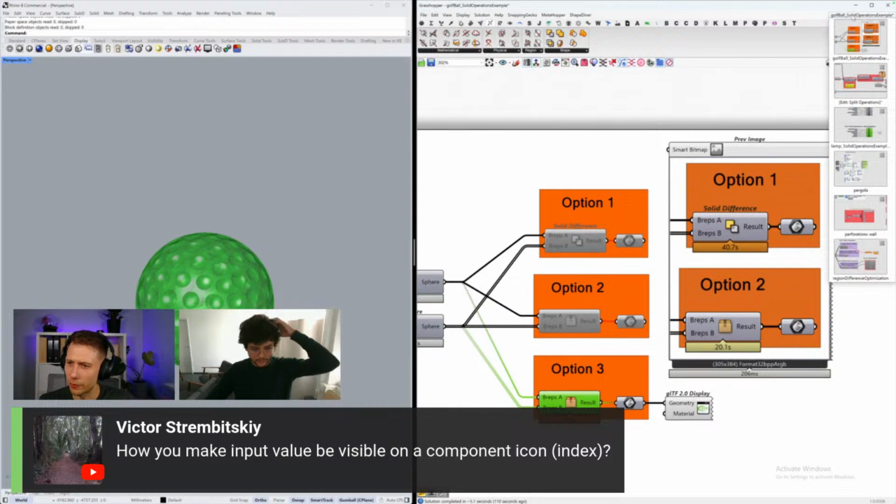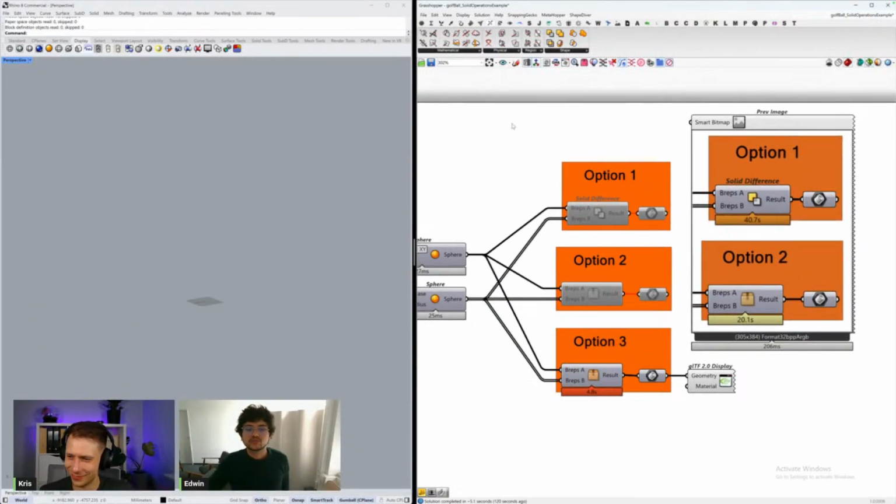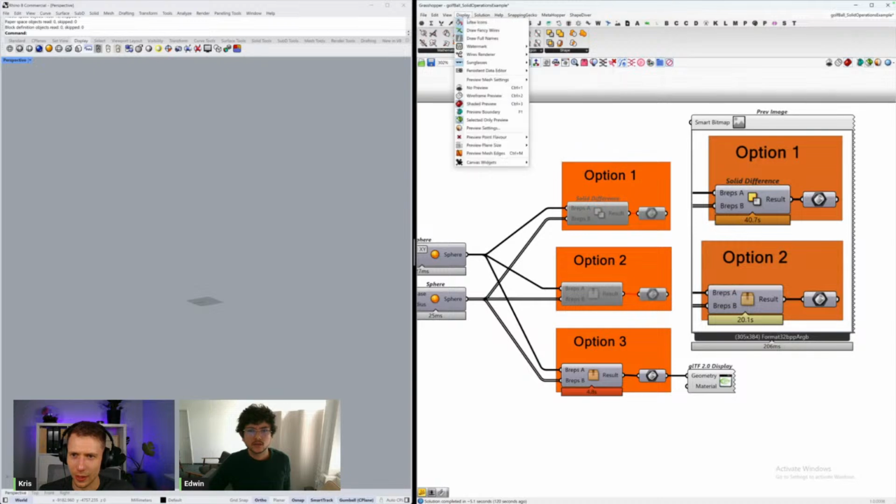Okay, just before, we have some questions. How do you make the input value visible on the component icon? That's a plugin. I think it's Persistent Data Editor. I don't know if that's the exact name of the plugin, but that's how it's called here. I have it on my computer as well.